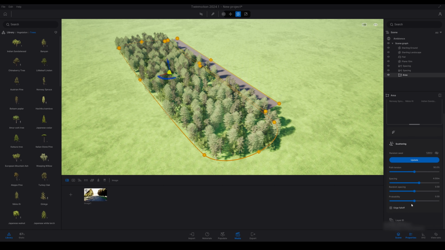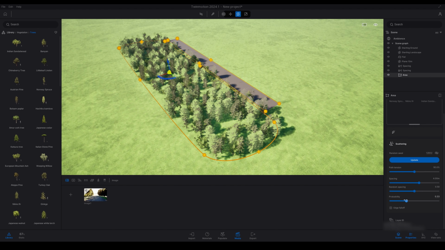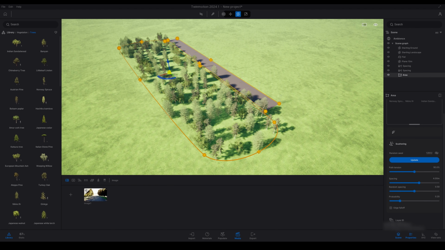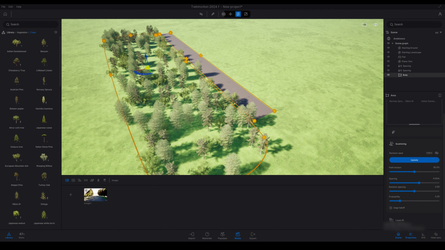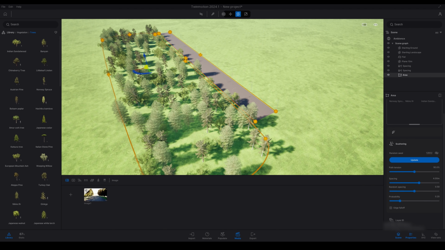And you can go through the settings. There's some different settings, like the probability here. In the spacing tool it's called count, but in this one it's called probability, so that will increase the density of the trees. Again, we are just briefly running over these settings, so you can actually go through and play around with these yourself and get to know and utilize them.